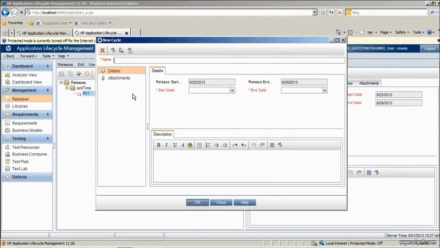Again, a screen similar to the release folder's will be visible for the new cycle also. Here you can enter the cycle name.